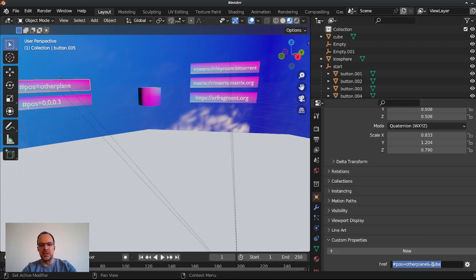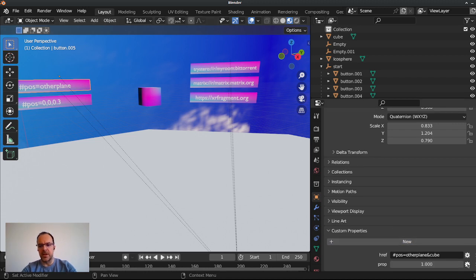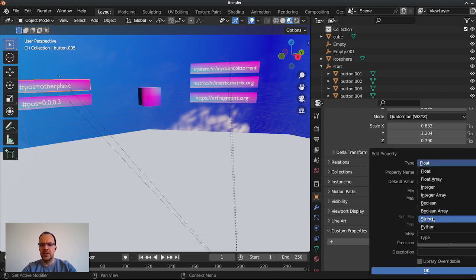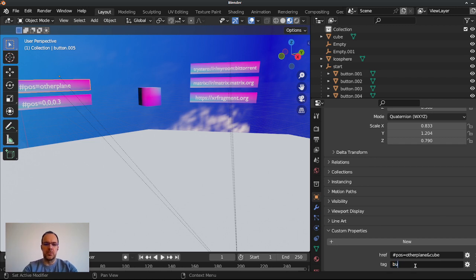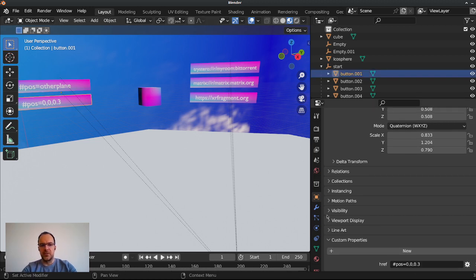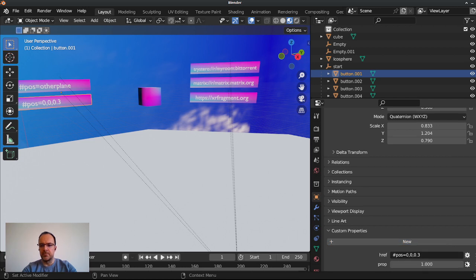Or when it's hidden, and I remove the minus, now it would basically show the cube if it would be hidden. So these are really cool ways of hiding objects with a certain name. You can also hide objects with a group, because let's say I tag, that's another XR fragment. If I tag this object, for example, button pink. So if I also add this tag to another button,